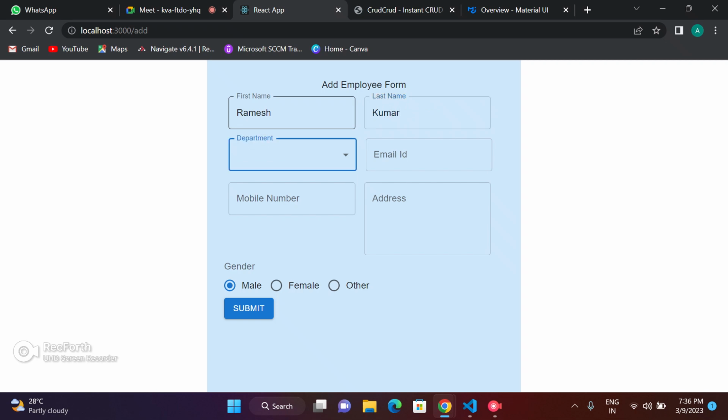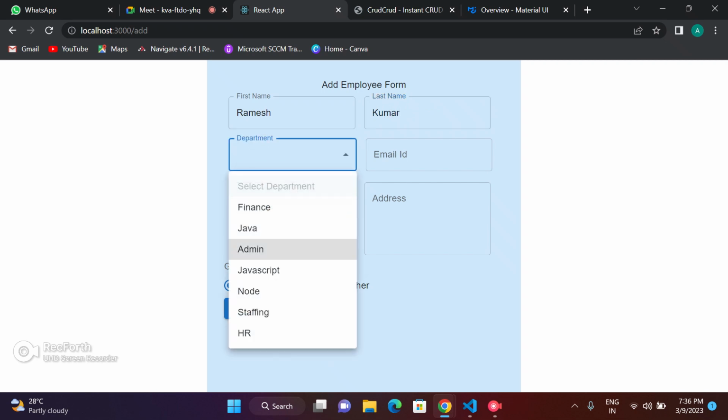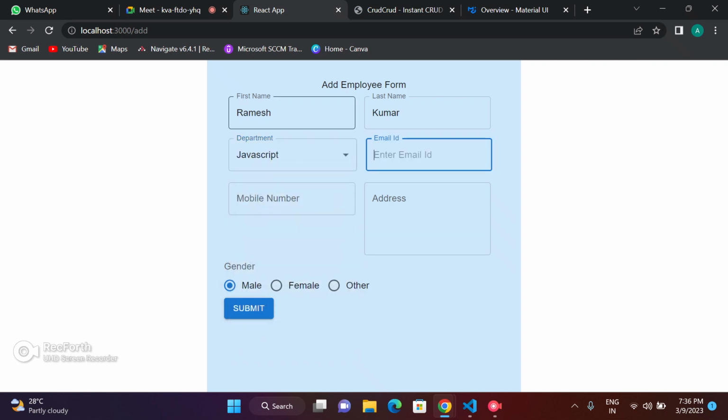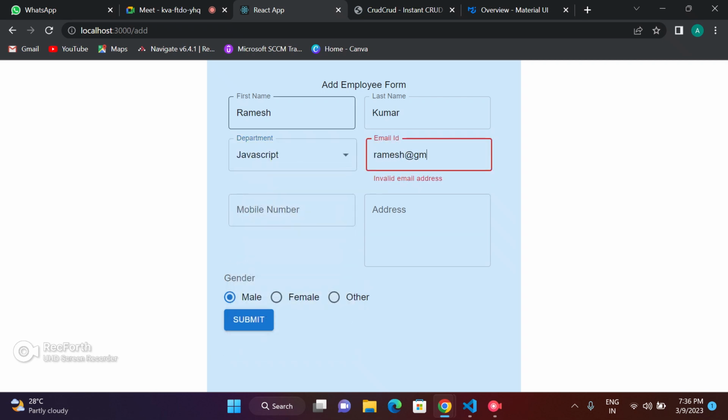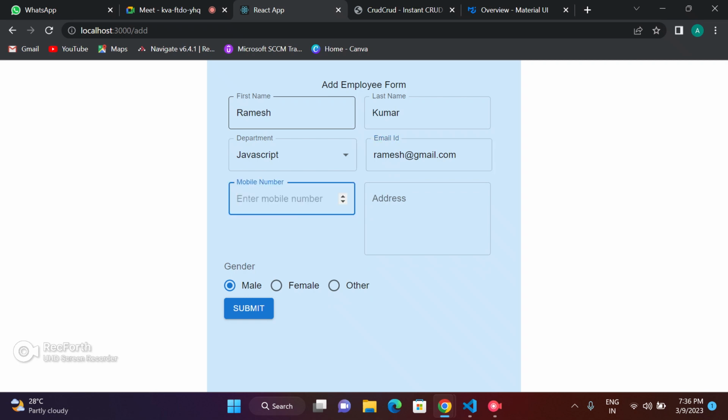Ramesh Kumar, department will be finance. We'll select anything, JavaScript. Ramesh at gmail.com, and mobile number we will add anything. Address will be Ramesh xyz 4, Delhi, India. India should be in capital. Gender anything we can have, we will have male, and we will submit it. So when we submit it,